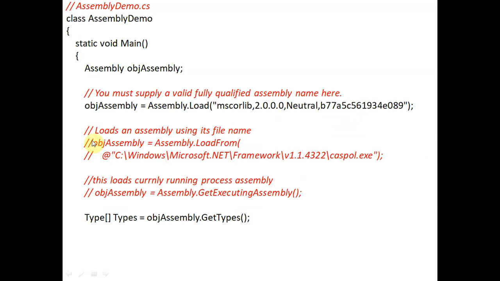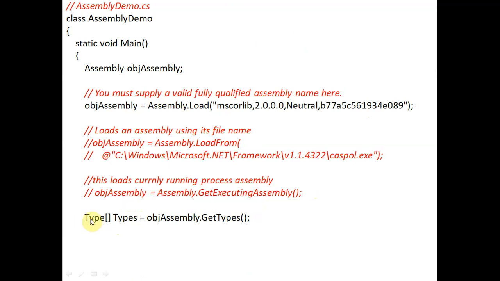This loads an assembly using its file name, and objAssembly.LoadFrom. We have to write the exact value of this assembly: assembly name, version, and all the things. To load the currently running process assembly, objAssembly.GetExecutingAssembly.